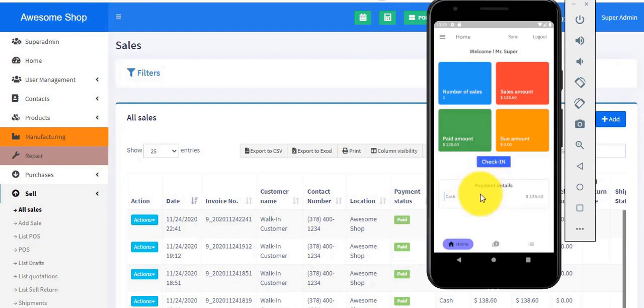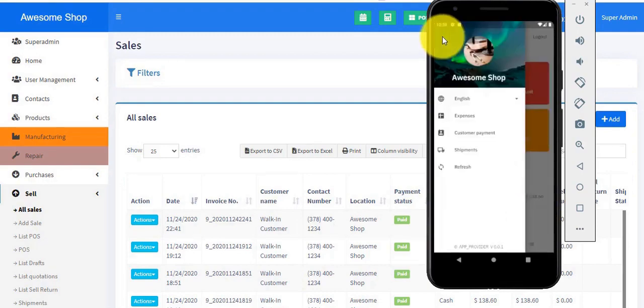And here it is showing me the details of all the payments which have been collected. Cash collected is this amount. If you have card here, it will show the card amount. If you have any different payment methods enabled, it will show the details of all the different payment methods which have been collected. If I click on this menu here, it's showing a very beautiful background image,